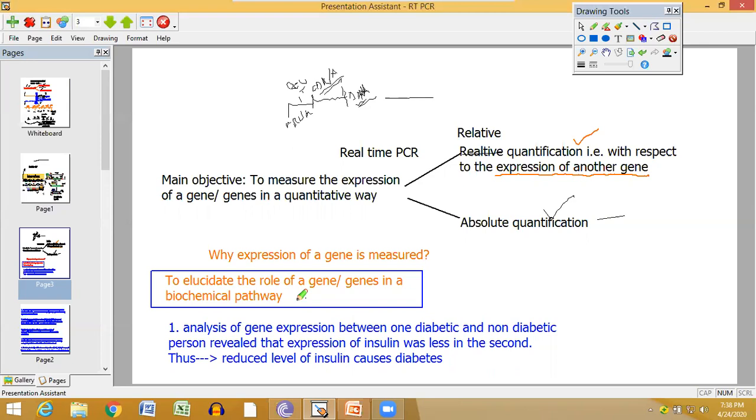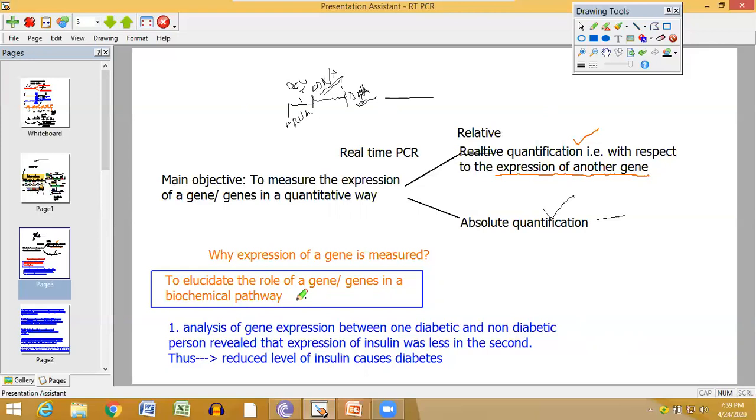Now, here the question comes that you have to know which genes are responsible for the biochemical pathway. Now, how can you know which genes are responsible? Only if, under a particular disease condition, or a particular stress condition, or a particular challenge condition, you find some change in gene amount, which is called expression of a gene. Expression of a gene means the amount of the gene present at a particular time in a particular cell.